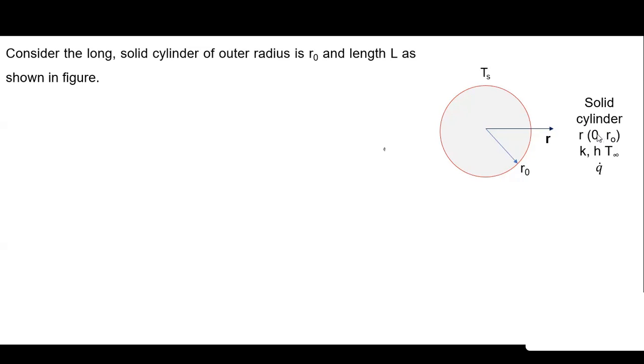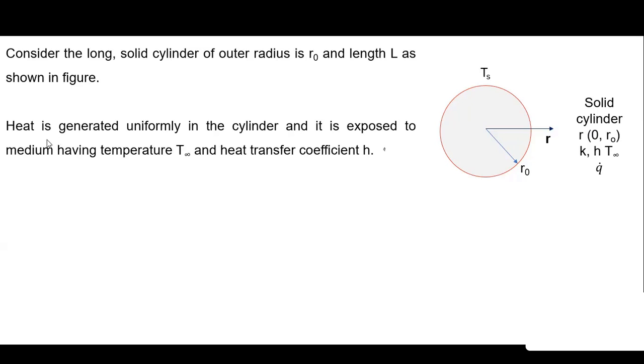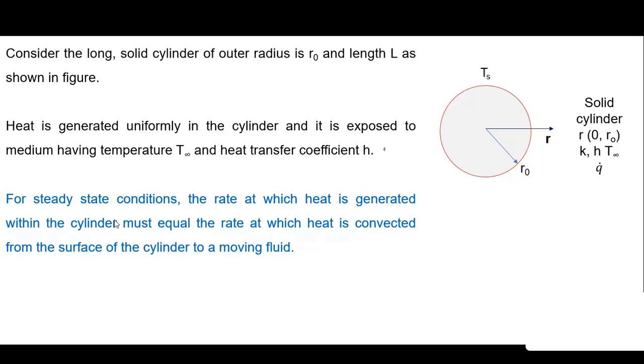This cylinder is in contact with a fluid with heat transfer coefficient h and temperature T infinity, and the rate of heat generation within the object is q. Thermal conductivity of the material is k, and the outside surface, because of this heat transfer, is maintained at some temperature Ts. When we have uniform heat generation throughout the cylinder and it is exposed to a medium at temperature T infinity, then under steady state condition we can employ an energy balance. Whatever is the generation rate in the cylinder